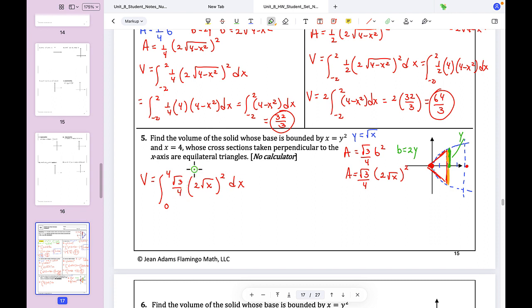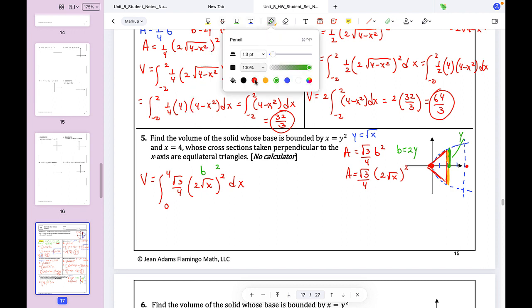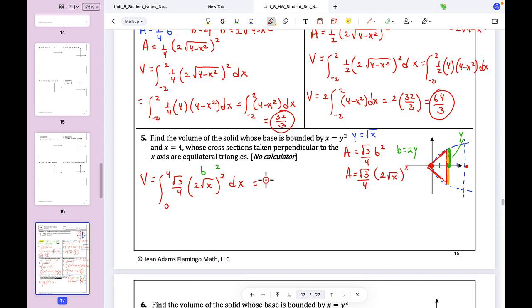This is my b squared here, okay? Okay, so we can bring that square root of 3 over 4 outside. The integral from 0 to 4 of 2 square root of x squared dx, right? Which gives us a square root of 3 over 4 times the integral from 0 to 4 of 4x